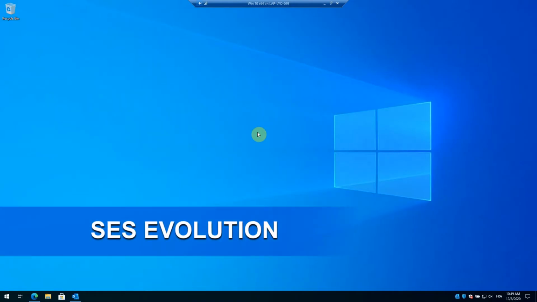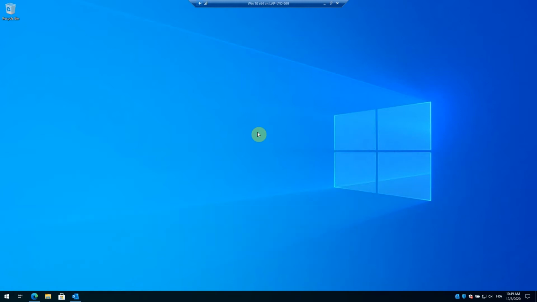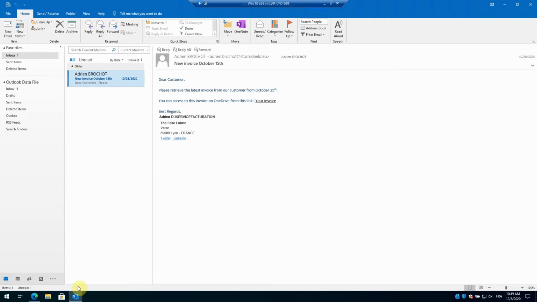We're going to start by showing you the attack itself. We're confronted here with a classic phishing scenario. The attacker is going to deceive his victim by inviting him to download an infected document that embeds a hidden malware. The victim has just received an email inviting him to open a shared document corresponding, in this case, to